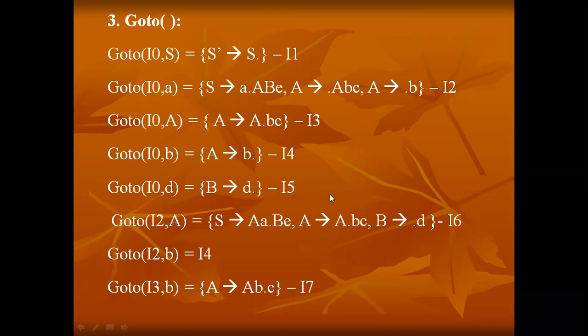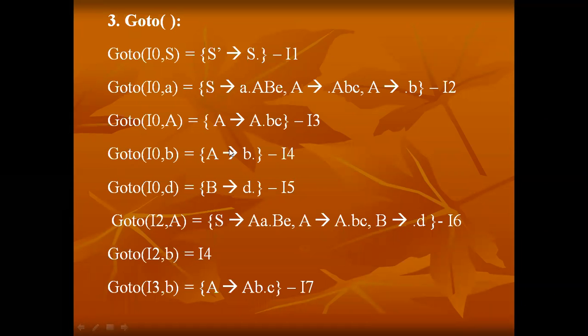So leave it, right? Whatever the rules under this are, they are all new production rules. So I'm giving a new item number, I6. And again in I2, I have another production rule on B. So I'm calling the goto function with I2 comma B. This is already a completed item at I4. So again, I'm not writing that and I'm not giving another new item for that. I am just taking that old item and writing the old item number here. Why? Because what it means is goto of I2 comma B is I4.